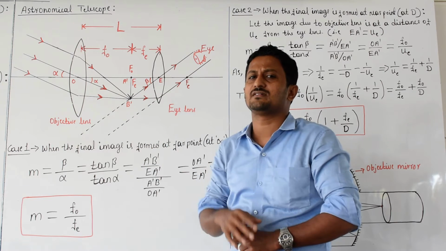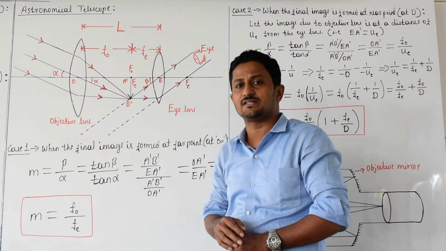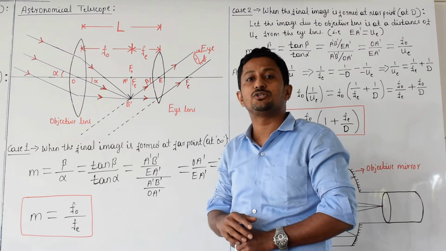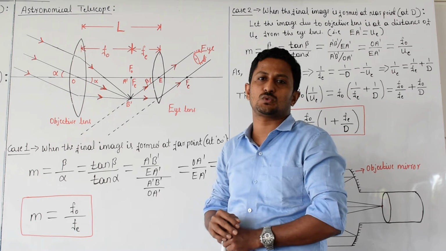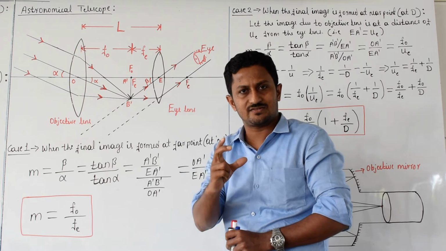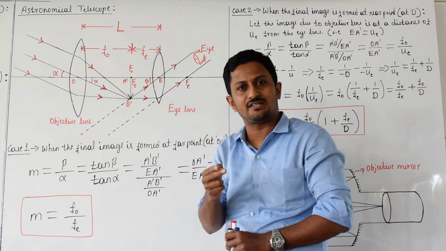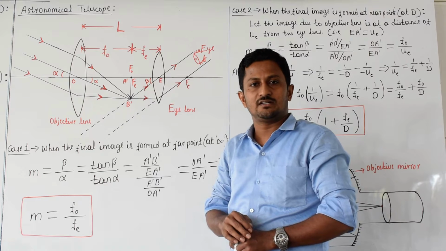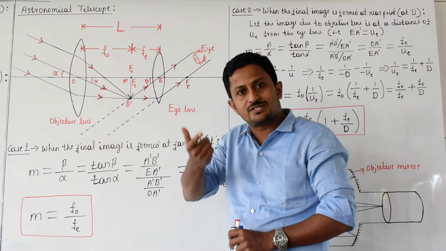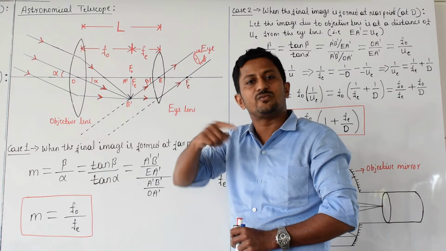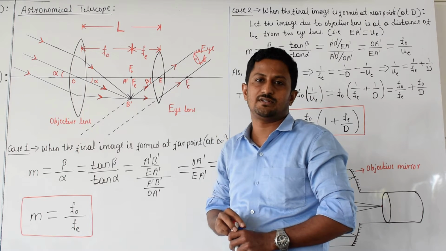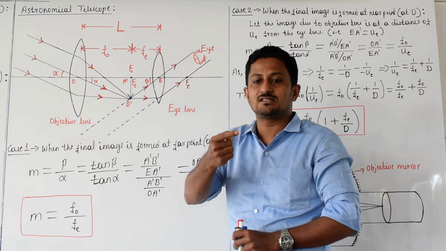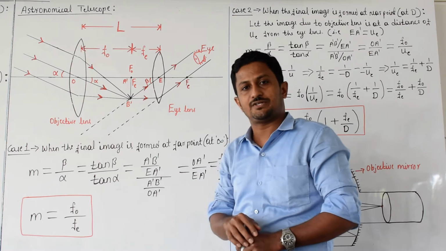A very important main difference is, look, you can see it on the ray diagrams of both instruments. In the compound microscope, the smaller lens, the small aperture lens, faced towards the object. Then we viewed through the lens which has the greater aperture. I mean the big lens was near the eye and the small lens was near the object.